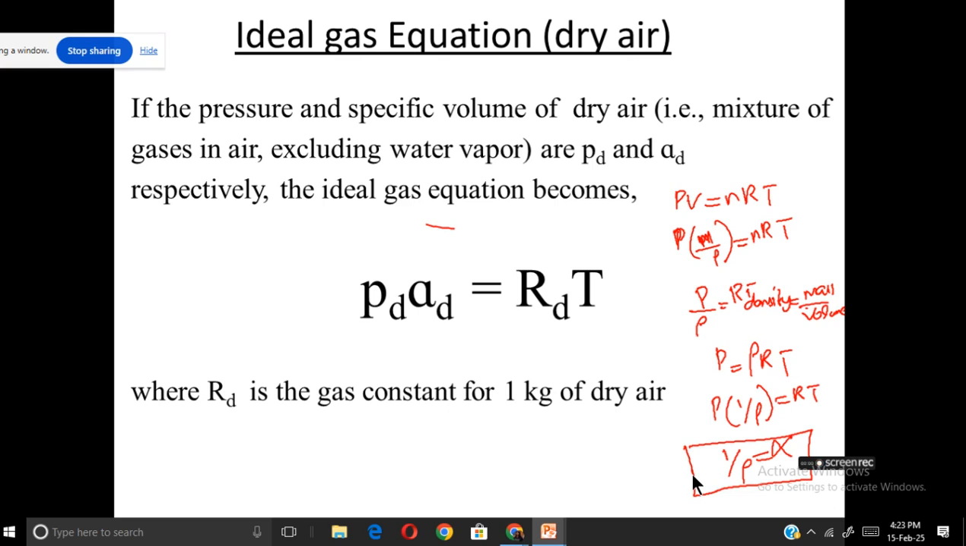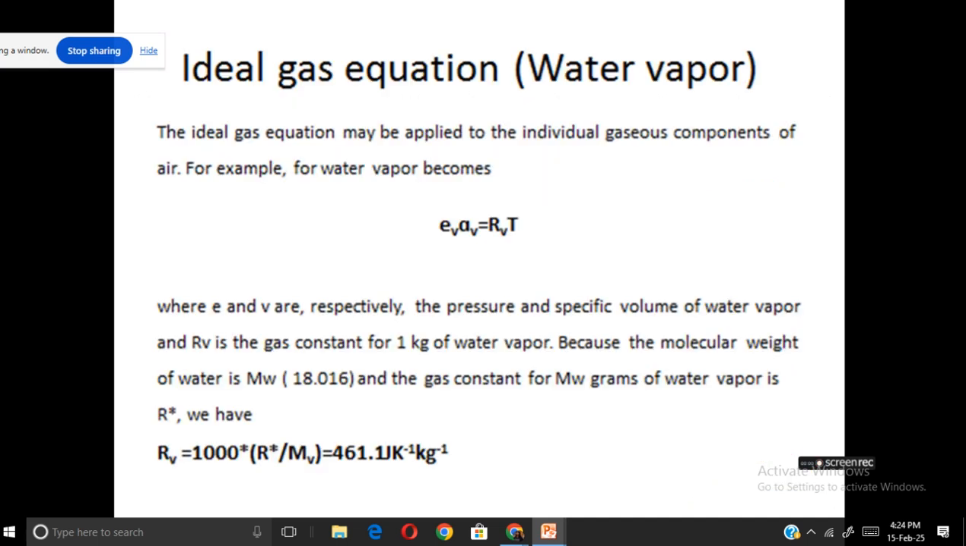Once we know the pressure and the specific volume of the gas, we can write the ideal gas equation as P_D alpha_D is equal to R_D T, where R_D is the gas constant for 1 kilogram of dry air, having a value of 287 joule Kelvin inverse kilogram inverse. This is the ideal gas equation for dry air, which is a mixture of gases in the air excluding water vapor. Now the same equation, when we write it in case of water vapor, will become